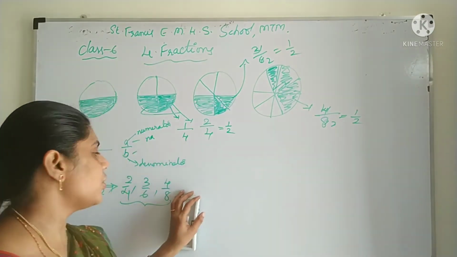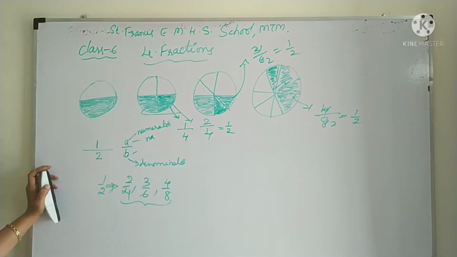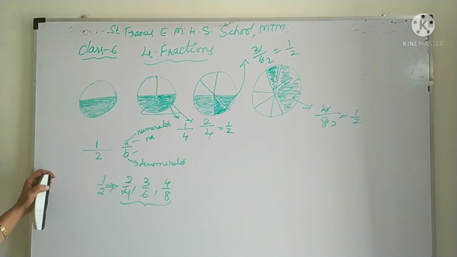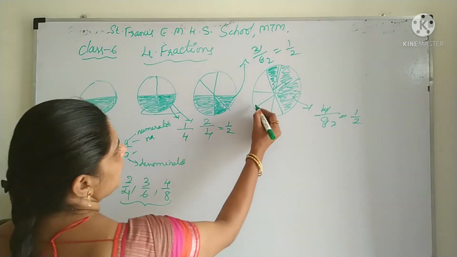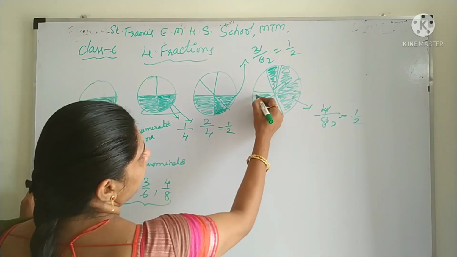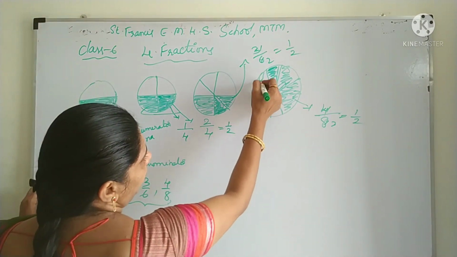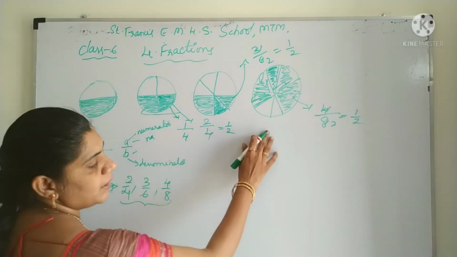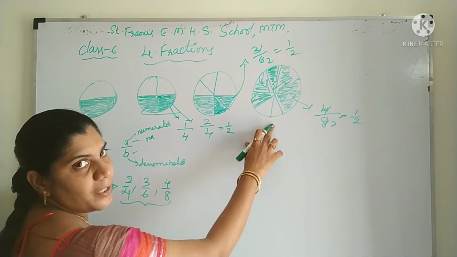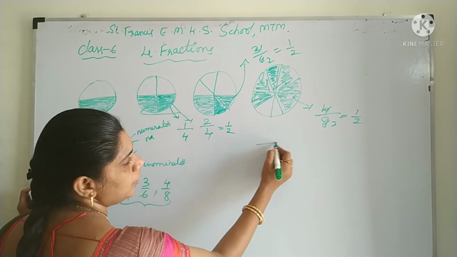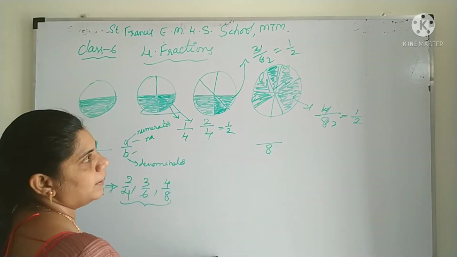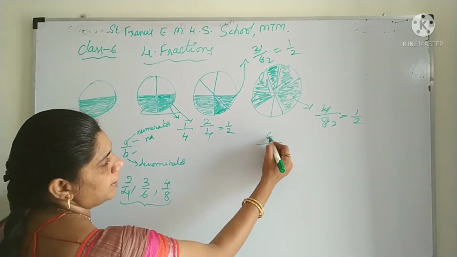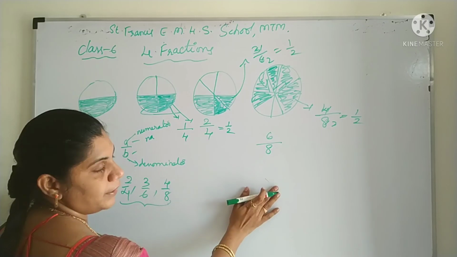Like this, you can write any fraction. Any shaded part, if you want to represent it, not only this. See, if I club this one also, I have shaded another 2 parts. Now, what is the representation of this circle here? How to represent this in fraction form? How many parts are there in total? In total, I have 8 parts. How many parts are shaded here? 6. Now, this also I can reduce, right?